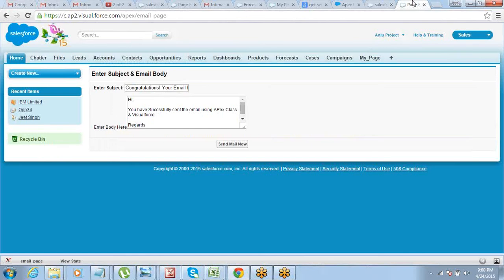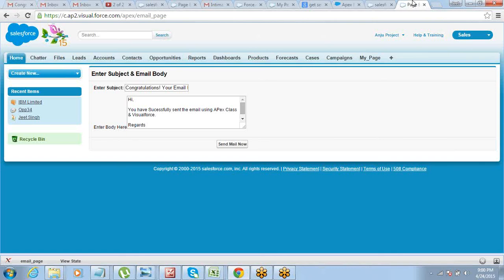Let's create a trigger on leads. Every time there is a new lead which is entered into the database, I want to send a welcome email to that lead. All right, every time there is a new lead entered into my database, and the email field is not blank, which means there is an email provided for the lead, I want to send a welcome email to that lead. So that is what I want you to do on your own. I think you have the next 2 days weekend off, just do it on your own.